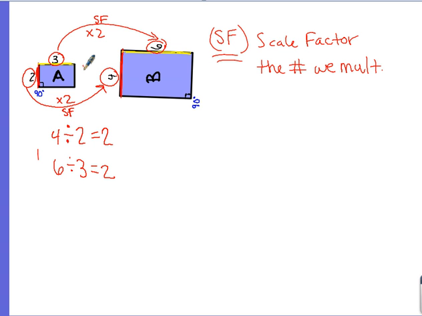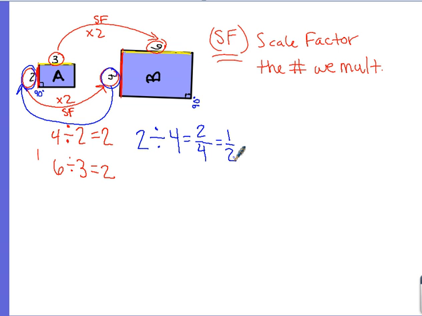Now, I also have to find the scale factor going from the larger figure to the smaller figure. The only difference is instead of taking my longer side, 4, and dividing it by 2, I'm going to take my shorter side, 2, and divide it by my corresponding short side of 4. 2 divided by 4, the division symbol is the same as the fraction symbol, so 2 divided by 4 is the same as 2 over 4, which is equivalent to 1/2. So the other scale factor is times